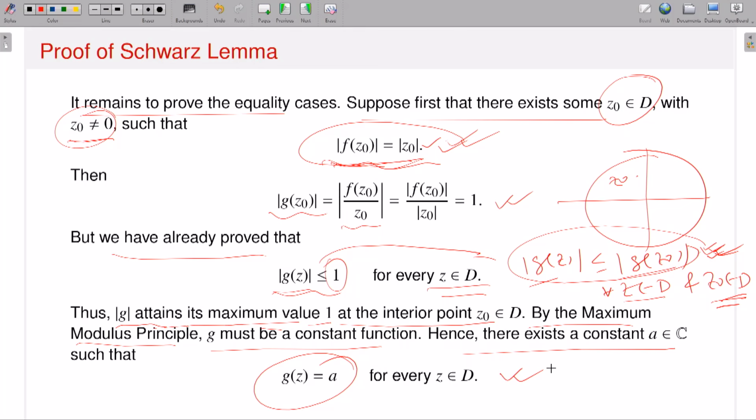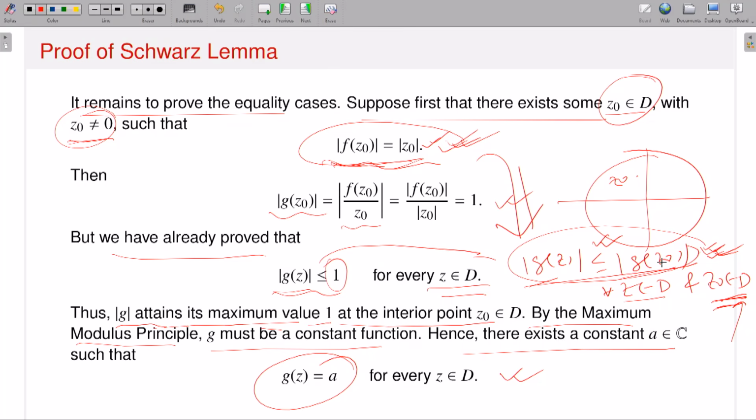Same thing as the earlier one: by applying the maximum modulus principle, I will have the estimate. Again here, the same, I am applying the maximum modulus principle. If I assume that there exists a point z naught inside D, suppose z naught is non-zero, and you have this equality, which implies the function g satisfies this kind of inequality at some interior point z naught inside D. But the maximum modulus principle says that you cannot have the existence of any z naught inside D which satisfies that modulus of g(z) is less than or equal to modulus of g(z naught) for all z